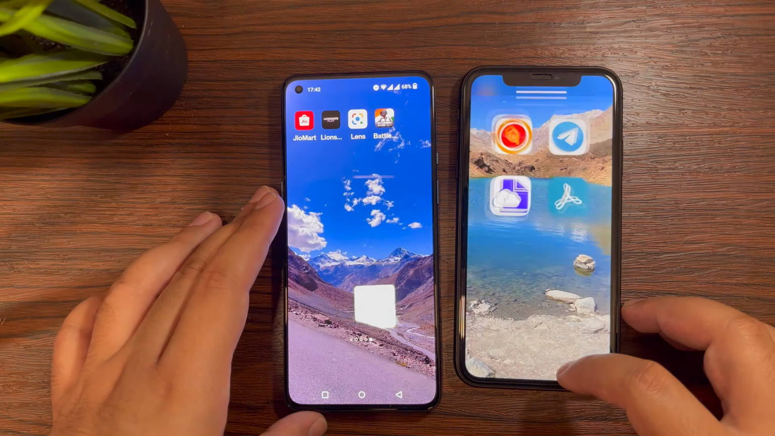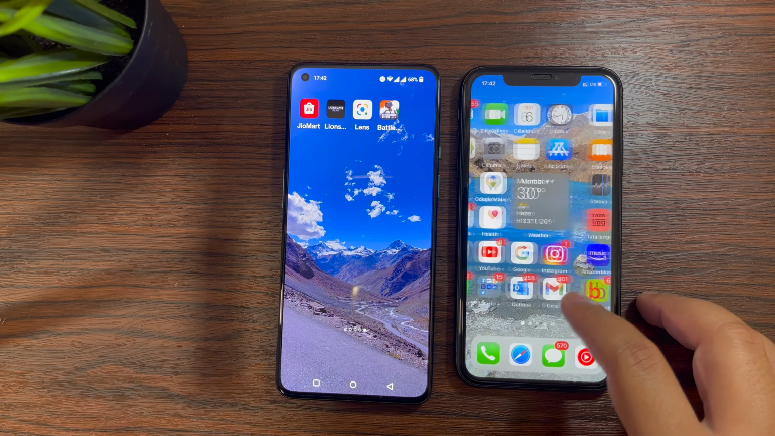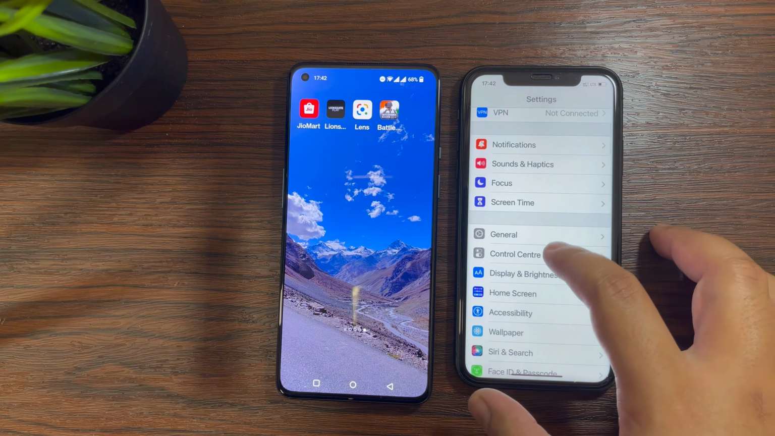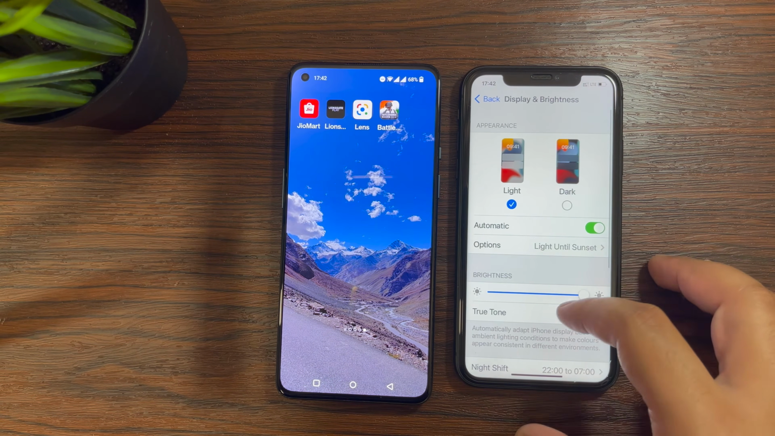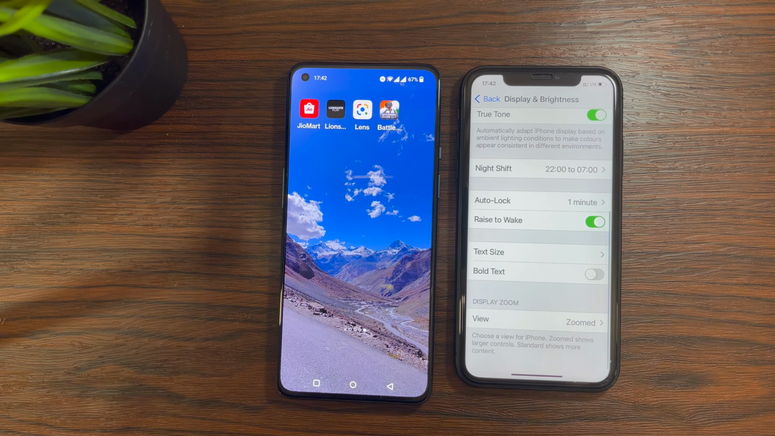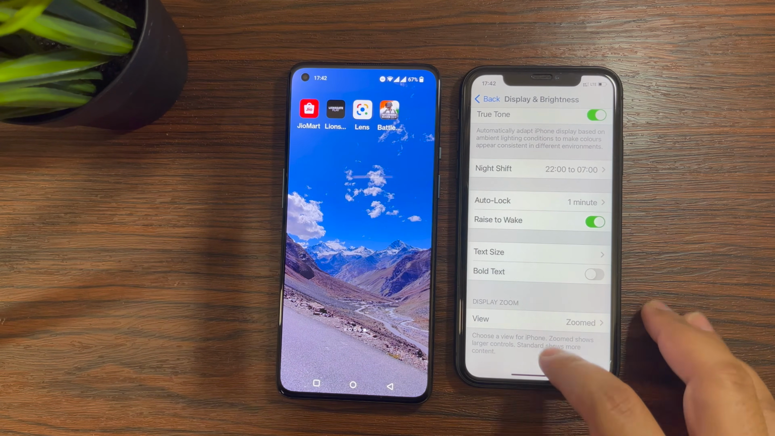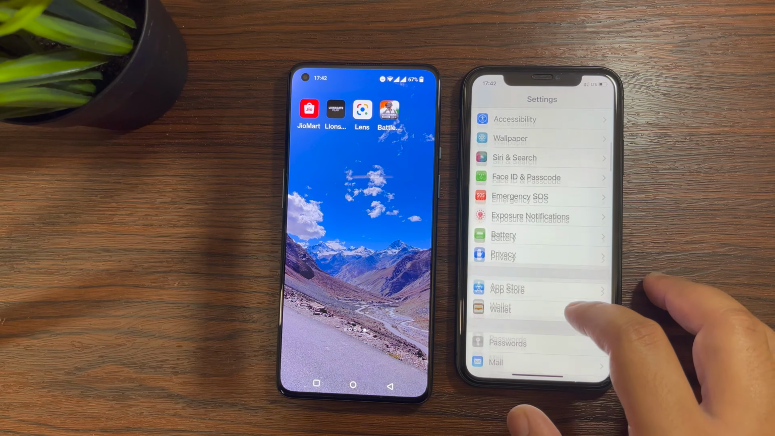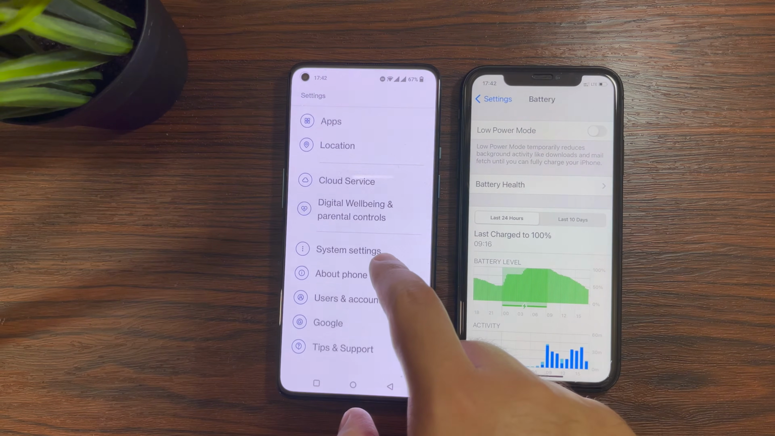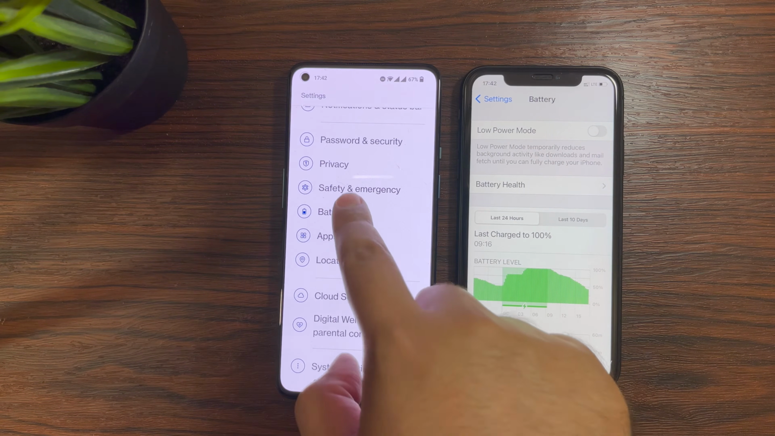On the iPhone, there is no display setting as such, so it is a 60 Hz fixed display and you cannot take it higher or lower. With respect to the iPhone 13 Pro Max and Pro, you can take it to a higher level, but this is the iPhone 11. Now let's look at the battery life,